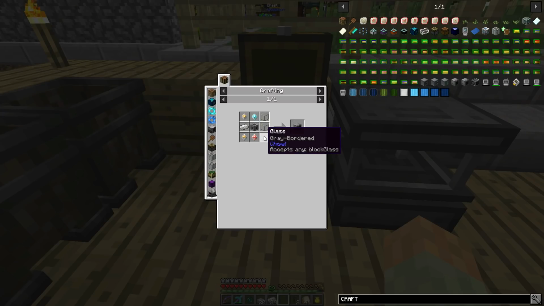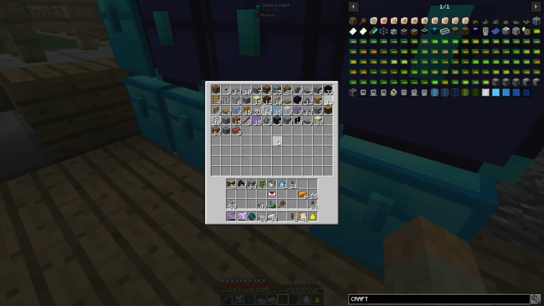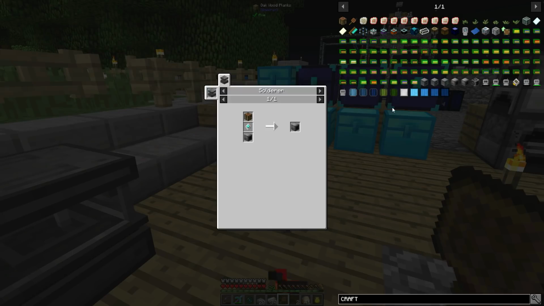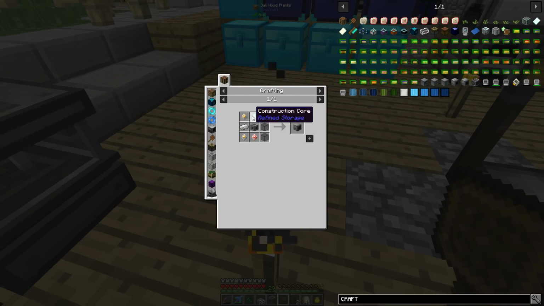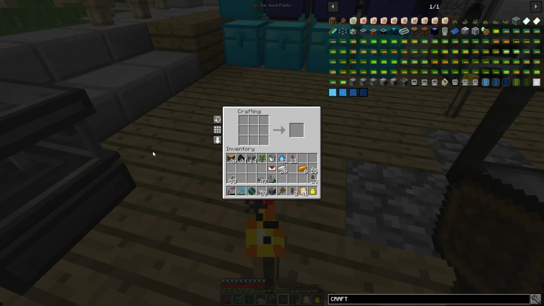So let's make the grid first. We need glass, machine casing, which is made with smooth stone, which I don't know if I have any smooth stone on me. Well, there's a piece of smooth stone for us. Smooth stone and the enriched iron. So that is taken care of. And then 3 pieces of glass, construction core, glowstone, and a basic processor. Basic processor we make with redstone, printed silicone, and okay, so let's go ahead and